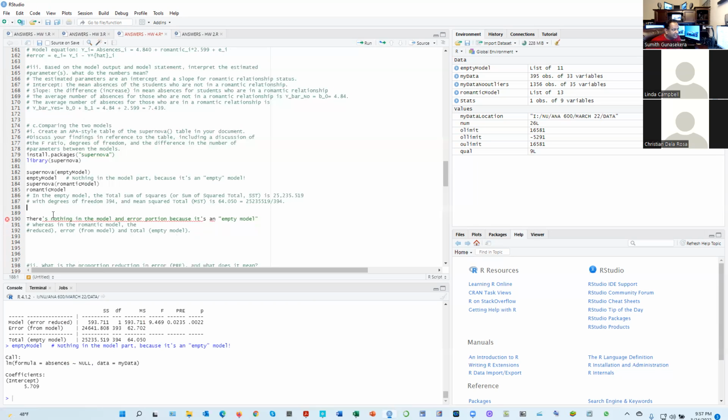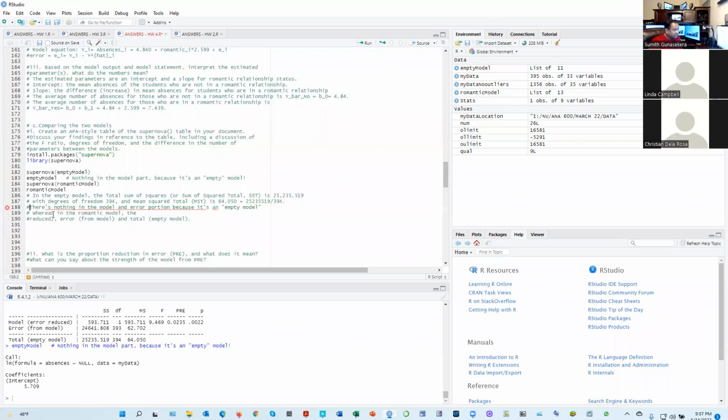On the other hand, there's nothing in the error portion of the empty model, because it is an empty model. Whereas in the romantic model, the